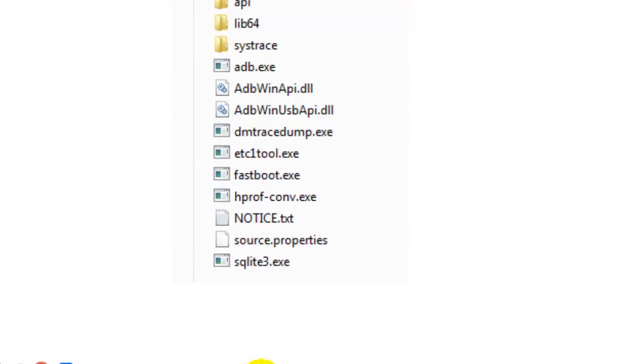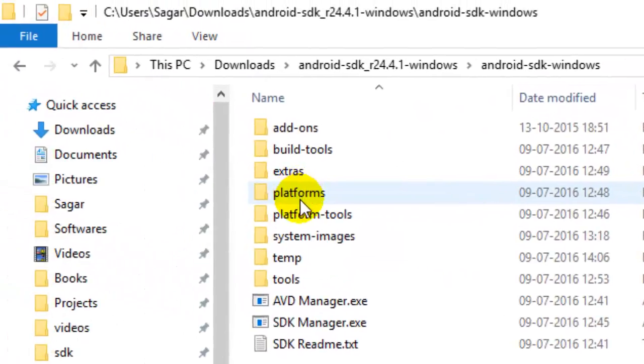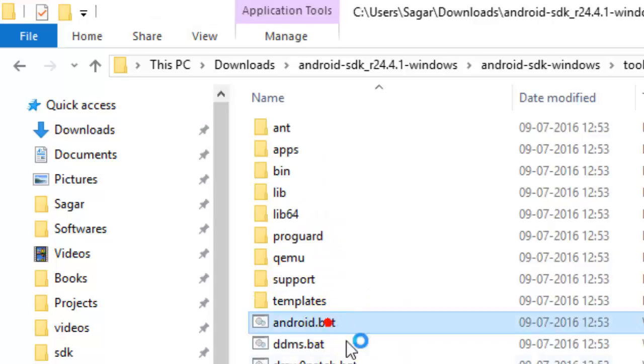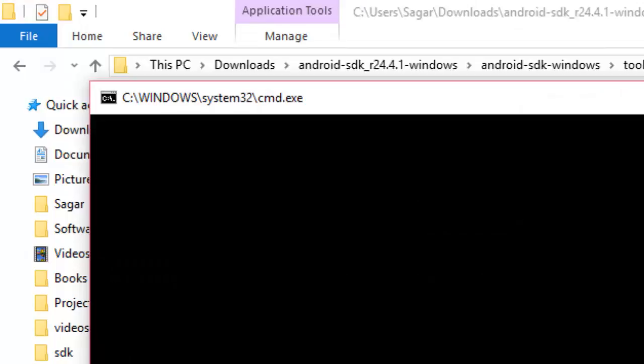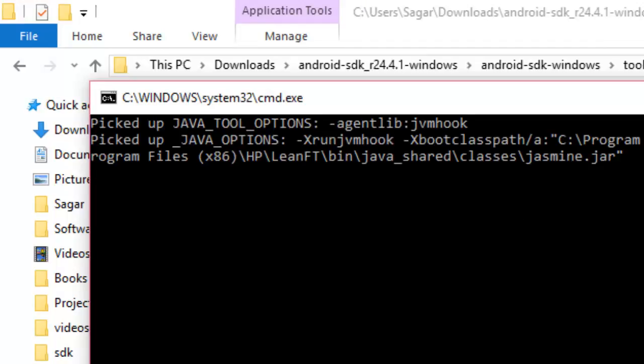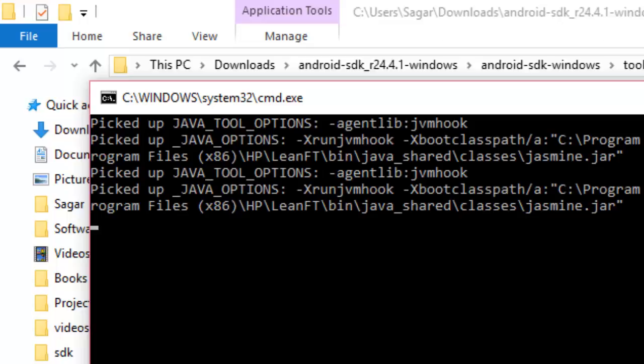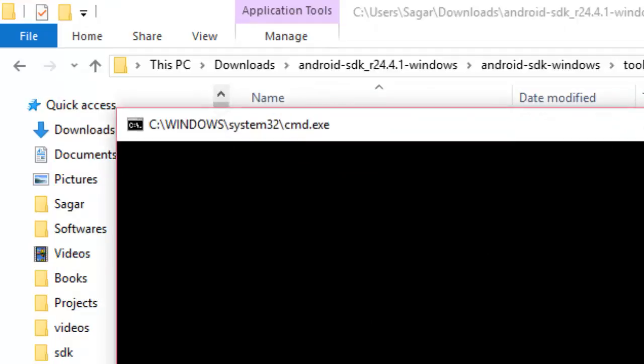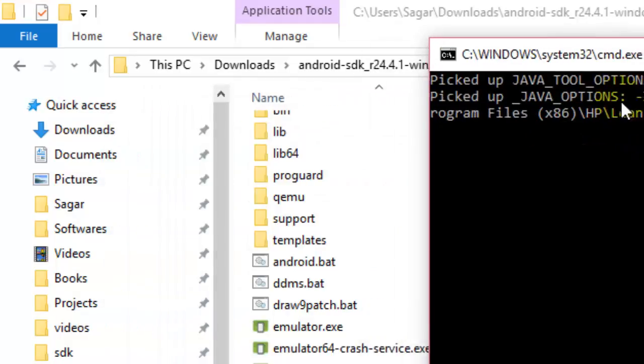The monitor is actually a very important tool in the Android SDK. From that particular tool, the GUI interface, you can do lots of things like launching or creating new emulators or virtual devices, launching the SDK Manager, viewing which devices are connected, and viewing the log messages of that particular device. All those things you can do from the Android monitor tool. Sorry, you have to start the monitor tool